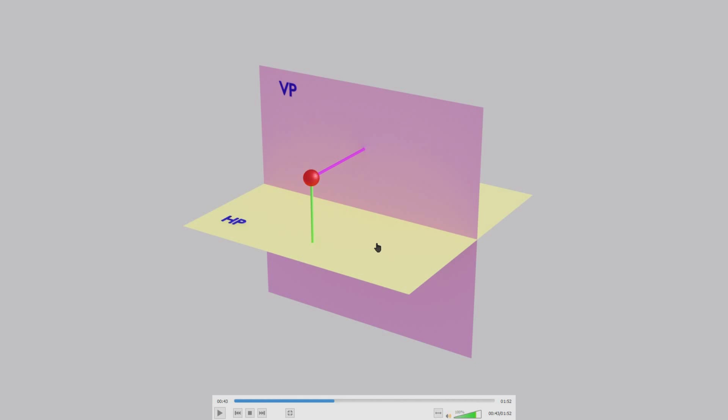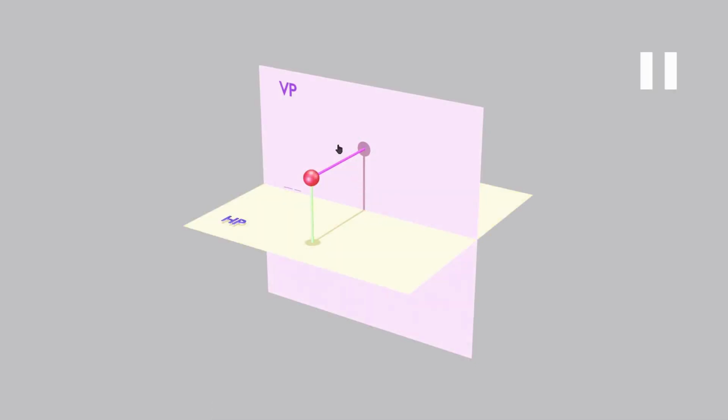So I'm not going to repeat those things. Now I'm going to switch on the lights. Let us see. Yeah, see that? When I switched on the lights, I got the image of this object on the vertical plane, that is the front view. When I look from the front, the image of this object is formed on the vertical plane. When I look from the top, the image of that object is formed on the horizontal plane, and this is called the front view, and this shadow is called the top view.